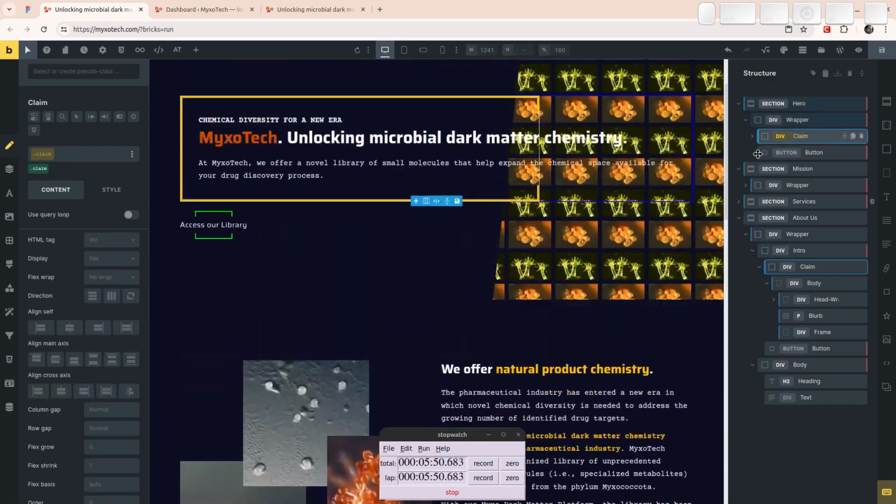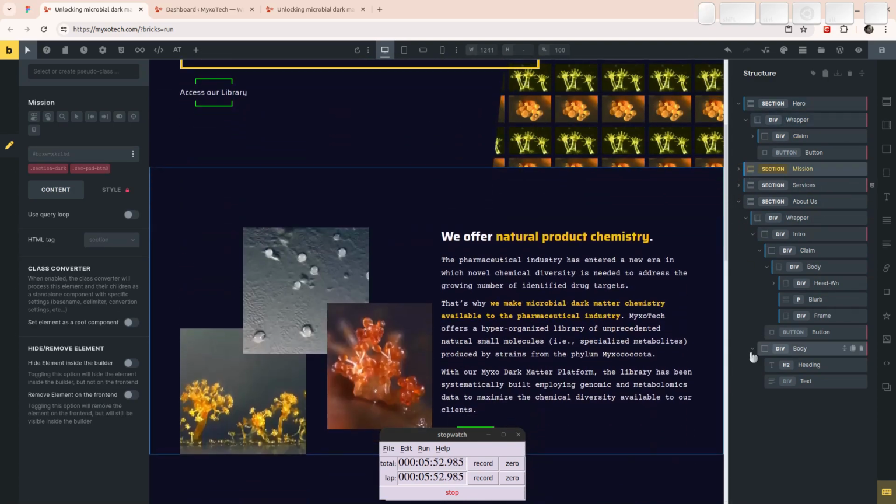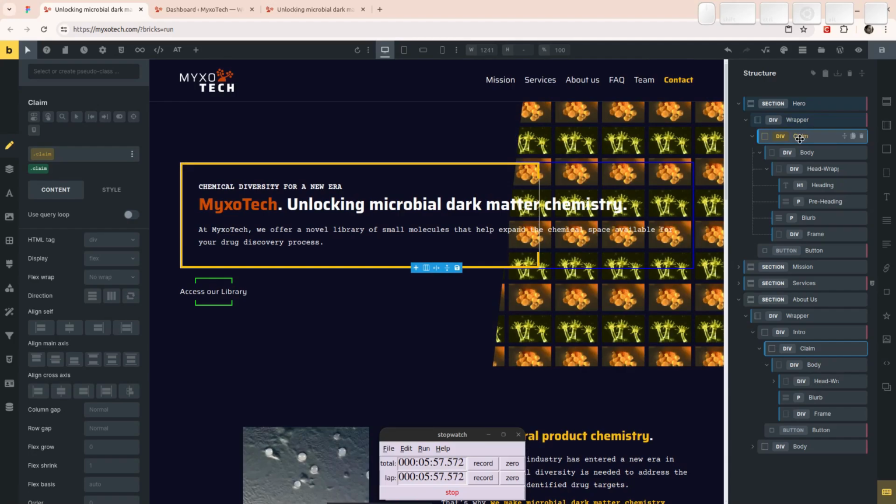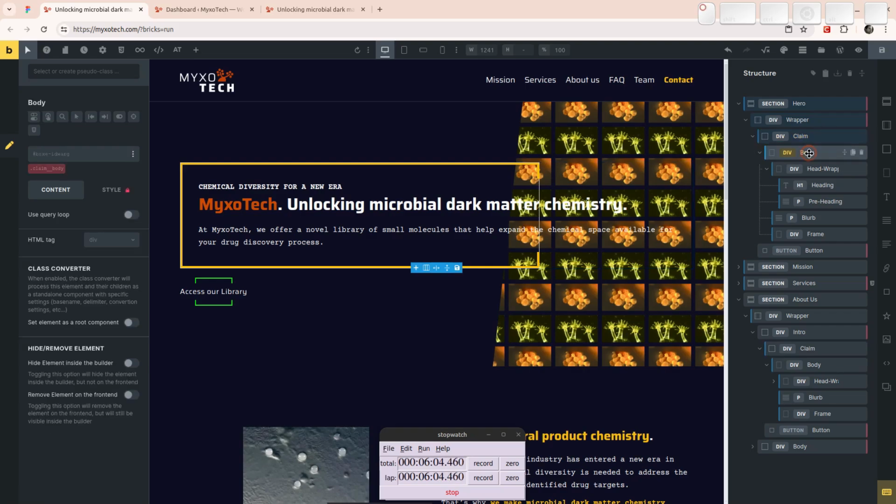Let's look at this claim up here. Let's close a bunch of stuff that we don't need. I'm going to close this, and then I can extend the claim. The claim itself should be full width. The body should be full width. I also earlier wondered about this whole body being here. I built the claim like it is now, and I'm not going to undo it or unravel it and just put it back together. It's fine the way it is, but I think,